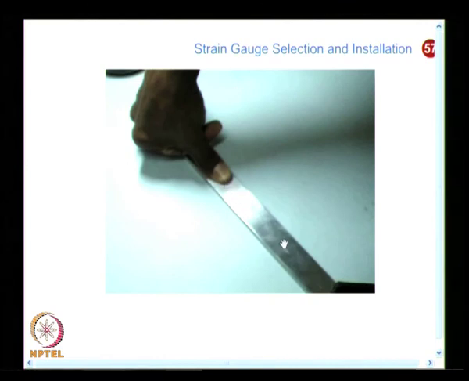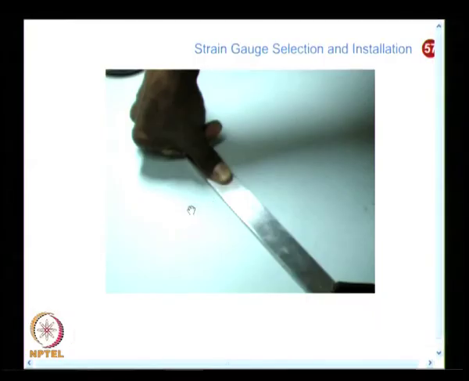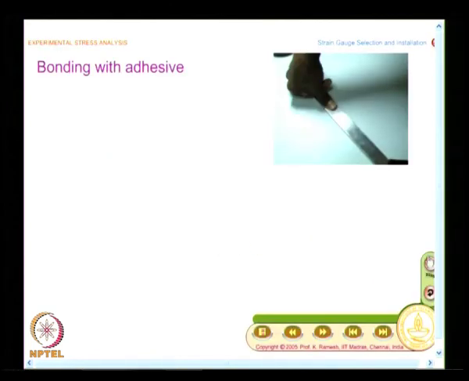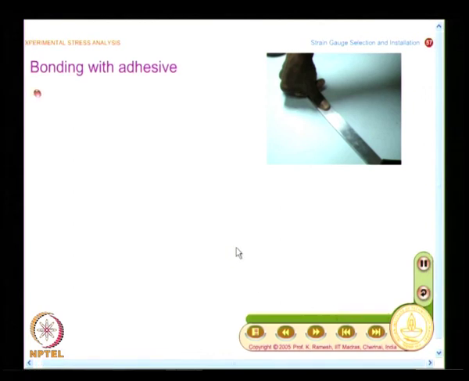So, you had the cotton gauze sponge which is used to wipe. Why do you use the cotton gauze sponge? So that you are able to apply uniform pressure. The pressure will be uniform when you do it with a cotton gauze sponge, and finally press it with your thumb, and you need to hold it for about a minute, and the bonding is complete.